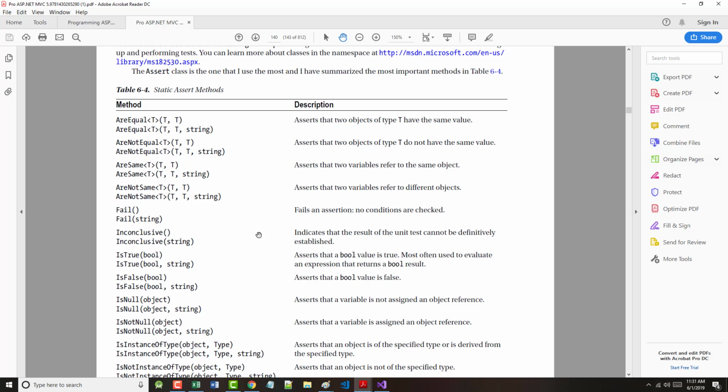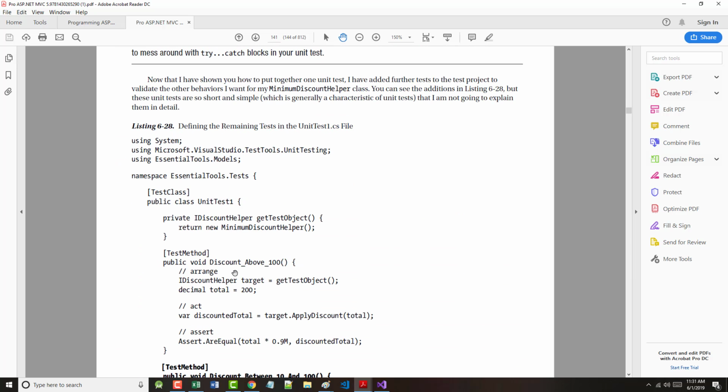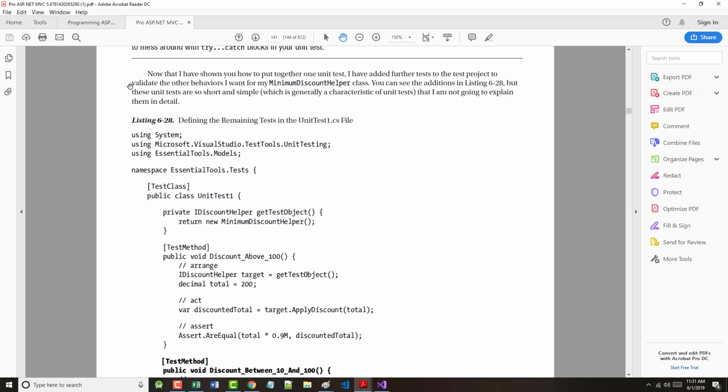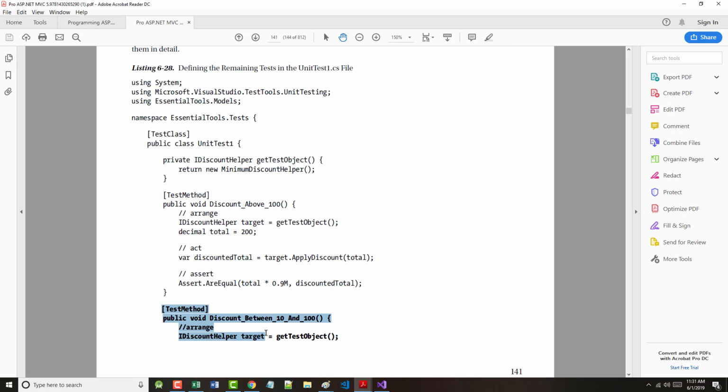All right. Then the author says, going up to page 141, right here, now that I have shown you how to put together one unit test, I have added further tests to the project. You can see the additions in Listing 5-28 on the bottom of page 141 and most of page 142. These unit tests are so short and simple that the author is not going to explain them in any kind of detail. So let's start by grabbing this,